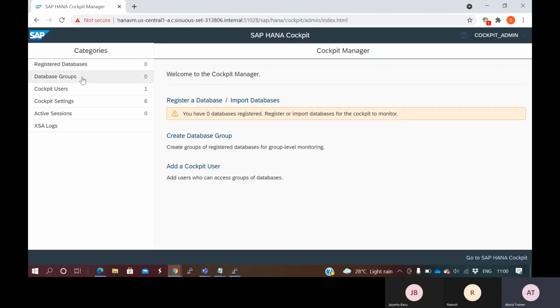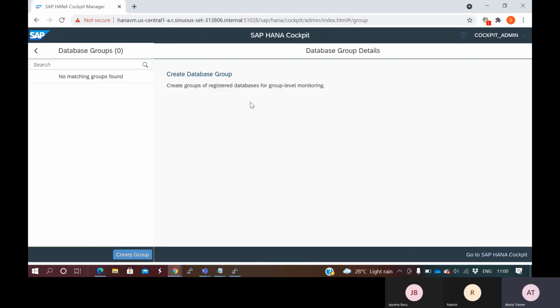I'll create the groups. Here I'll create one group called non-production. For example, this HDV is non-production. Just click on database groups. It will open like this, database group details. Then here we have create group. Click on create group,